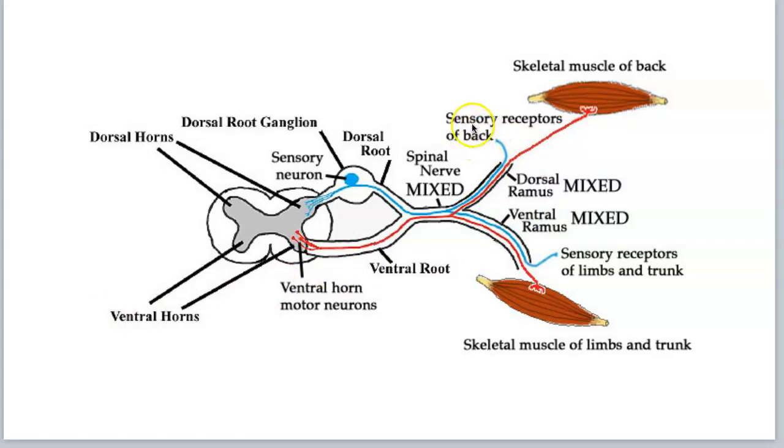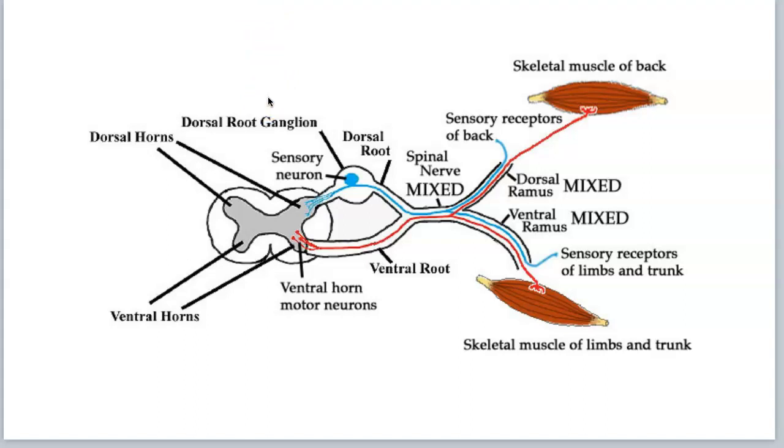So here we're going to do the dorsal, just use the dorsal ramus. Let's say, I don't know, there's a bug crawling on your back. So you're going to get sensory input that is going through the dorsal ramus because this is on the back of your neck, and it's going to take that sensory input into the spinal nerve that is connecting to the dorsal root, and then it's going to send that sensory information into the dorsal horn. And then it's going to synapse with your interneuron that's going to be sending it up through an ascending tract to the brain,